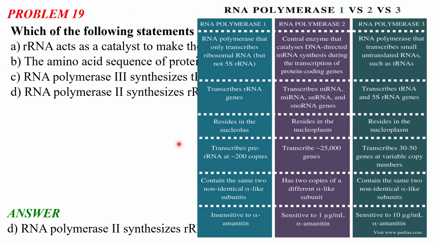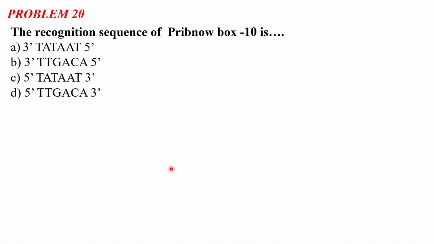ml alpha amanitin. Okay. So now the last question of today's session: the recognition sequence of the Pribnow box -10 is: number A, 3' TATAAT 5'; number B, 3' TTGACA 5'; number C, 5' TATAAT 3'; and number D, 5' TTGACA 3'. Since we don't have much time, let me just show you the answer,